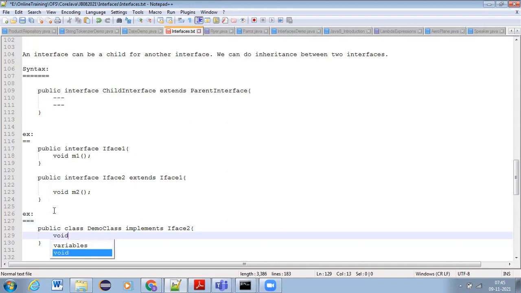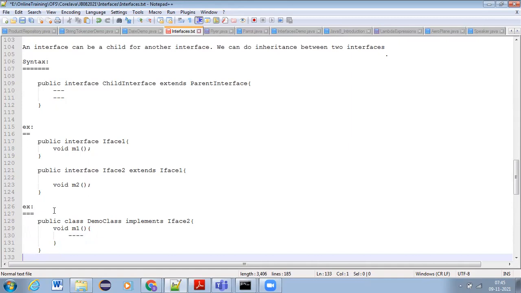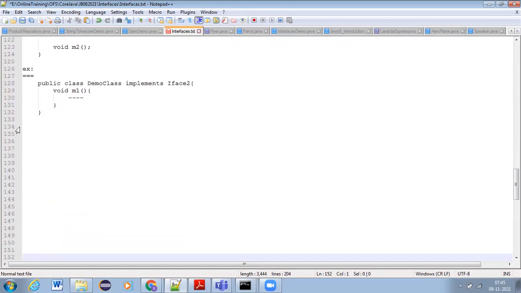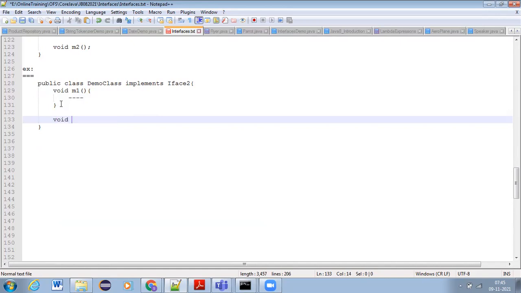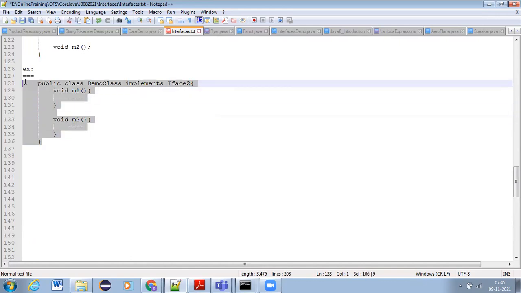It is compulsory that void m1, and of course I need to override void m2 also in DemoClass. Both the methods we need to override. Is it clear, guys? How to write a subclass for a sub interface?